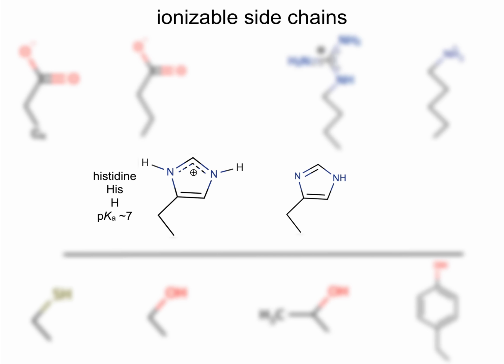And on the right here, I've drawn the deprotonated version, the base form of histidine, with the lone pair on that deprotonated nitrogen. So those are our five amino acid side chains that we usually think of as ionizable,